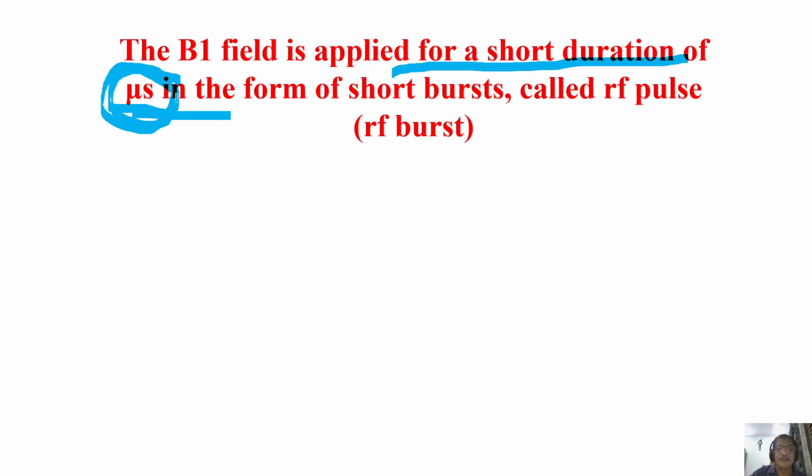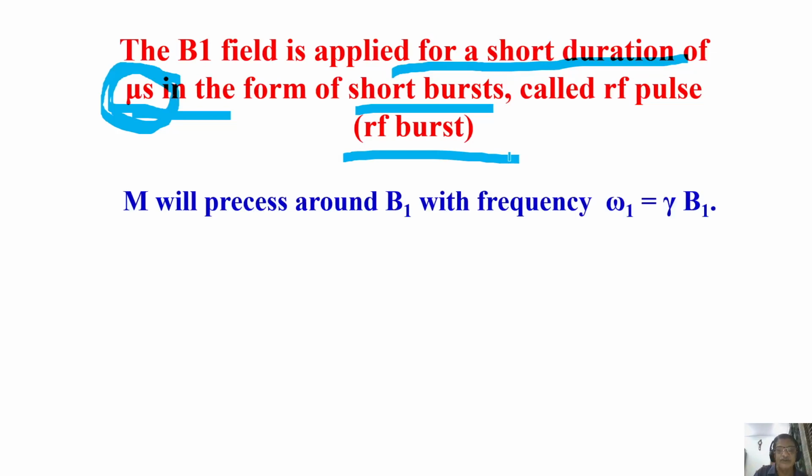This is called a short burst of RF, also called an RF pulse. An RF pulse is nothing but a burst of RF. A sharp pulse. For a microsecond, you apply. Like you are giving a quick shot, you send one pulse for a microsecond. First, apply and keep going. That's all you do. Like a flash. You are flashing the RF pulse for 5 microseconds once and keep going. After some time, you can apply once again and keep going. That is like flashing, sending the burst of RF in flashes. That's what we do.